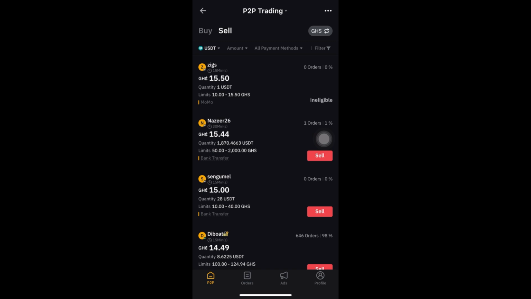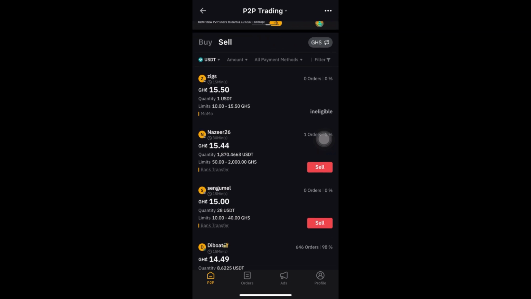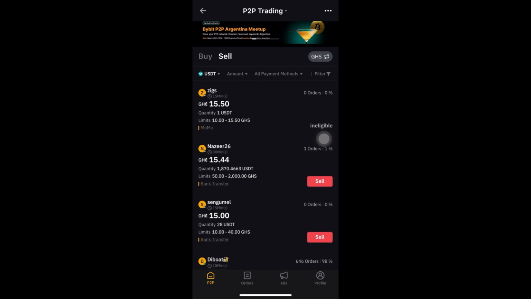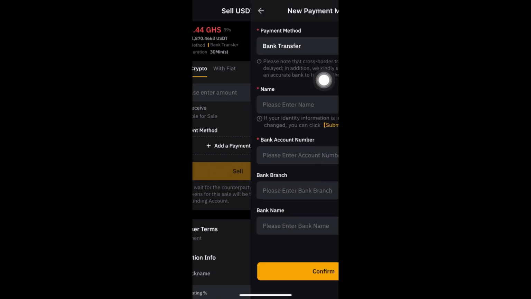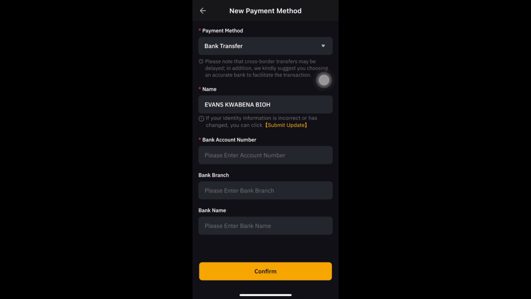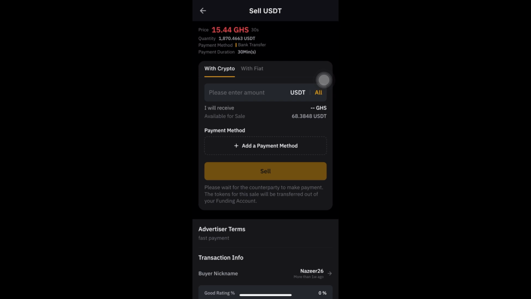One thing about arbitrage is there are no rules governing it. You can use Momo, Vodafone Cash or bank accounts. So this person is buying my coin for 15.54 Ghana cedis, and the limit is from 50 cedis to 2,000 cedis. If I click on sell over here, you can see that I have to add my payment method. I've already added my Momo, but you add your bank account and everything over here, the branch, the bank name. Then I will input the